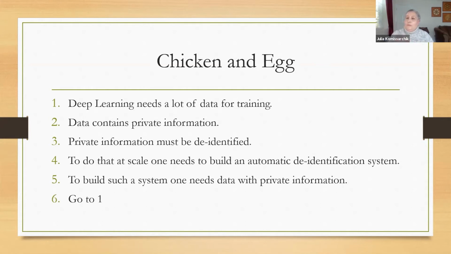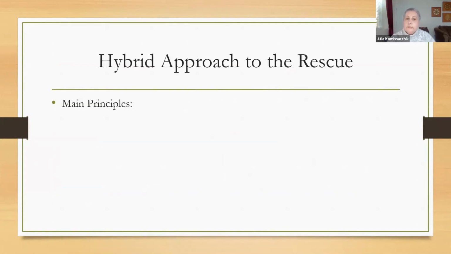In order for you, for me, for anybody to build a PHI identification system, one has to have a lot of access to the data, but we can't have access to the data because it has PHI in it. So that's the challenge. And we believe we found a solution that worked for quite a few different applications for us in the past, and that's the so-called hybrid approach, which is, as it sounds, a hybrid of multiple approaches.